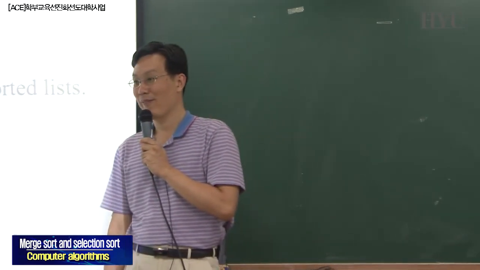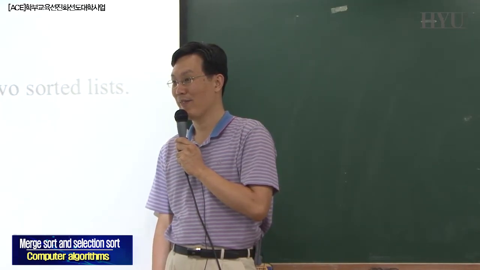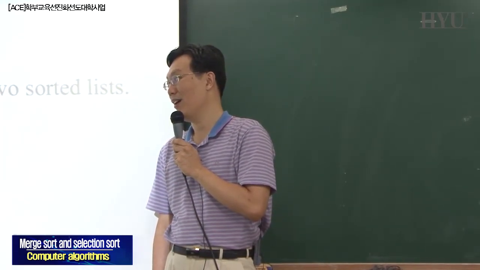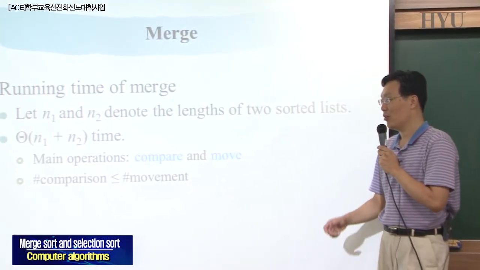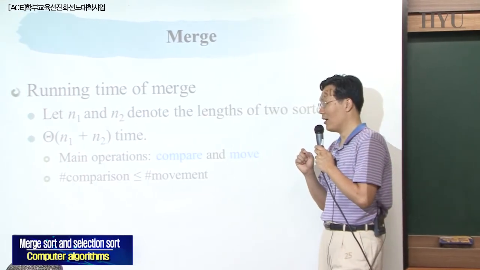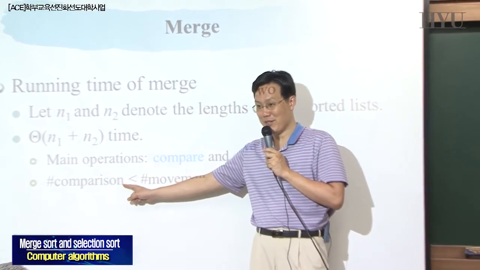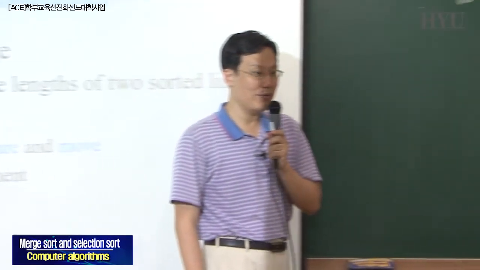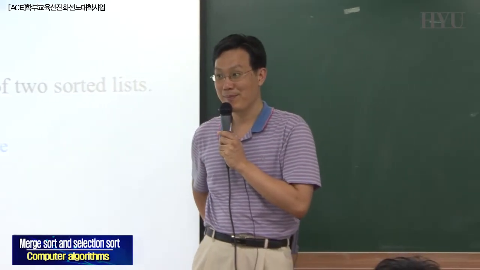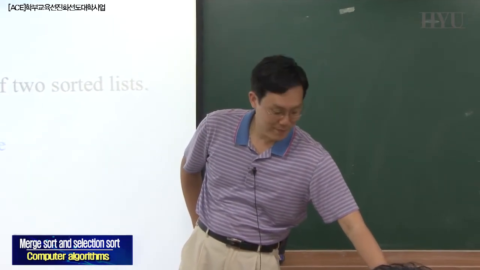No, in the worst case we have to compare and process time. But I'm asking you why the number of comparisons is at most the number of movements. And in the best case we have to